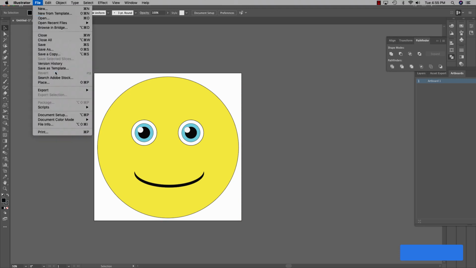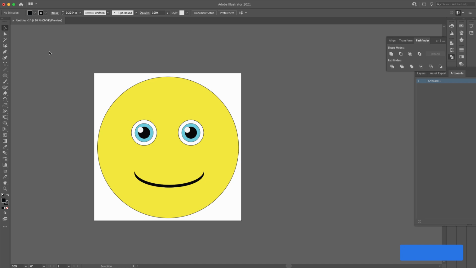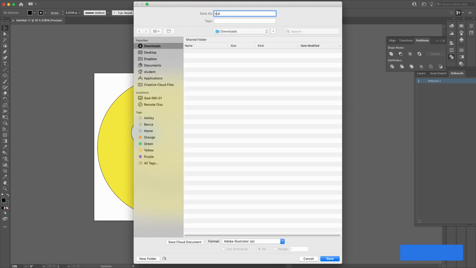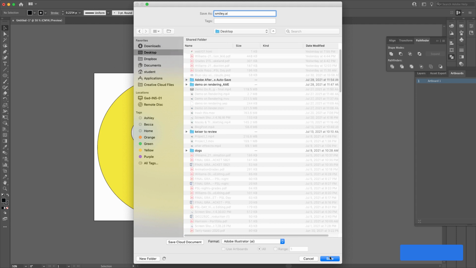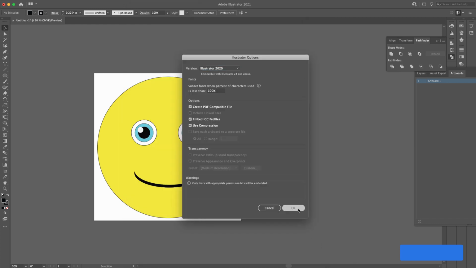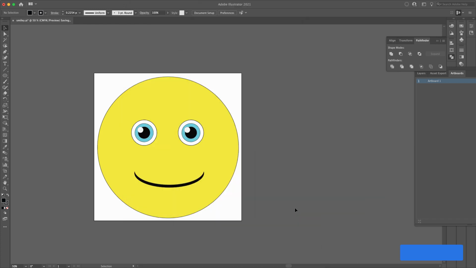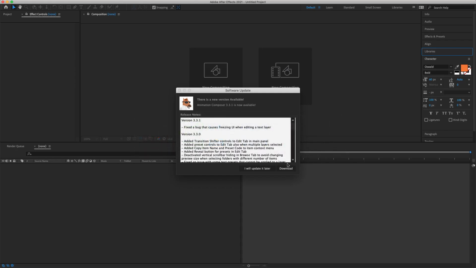File, Save As, Smiley Adobe Illustrator file on my desktop so we can find it. Please note that normally when we start making these things, we make them all on separate paths just within one layer. However, when we come over to After Effects,